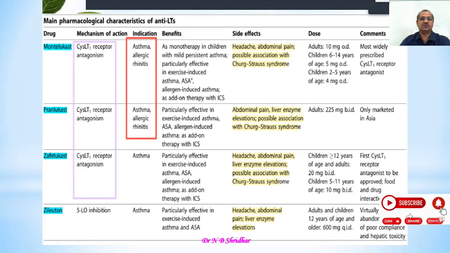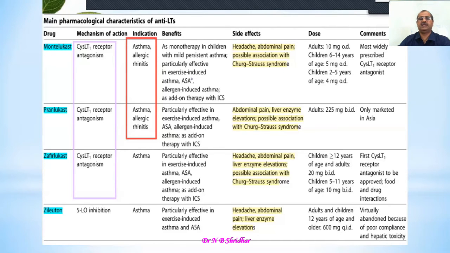And the dose is high, that's 225 milligram BID. In case of Asia, it's marketed. Pranlukast is Asian, it's marketed, whereas zafirlukast is also a cysteinyl LT1 receptor antagonist, and very specifically it is used in asthma. Especially it is used in exercise-induced asthma, meaning persons who do more and more exercise and suffer from asthma get attacks of asthma, and at that time zafirlukast is administered, whereas the side effects are very similar to that of the